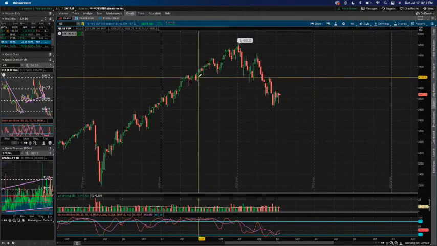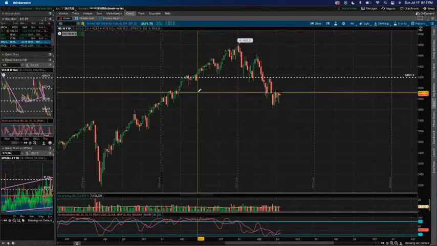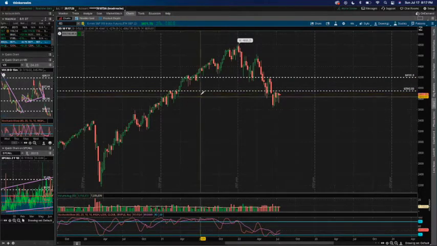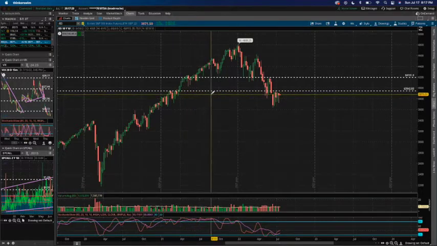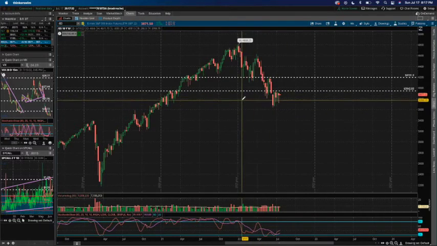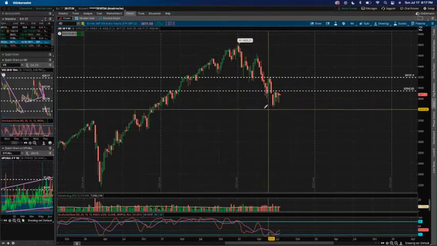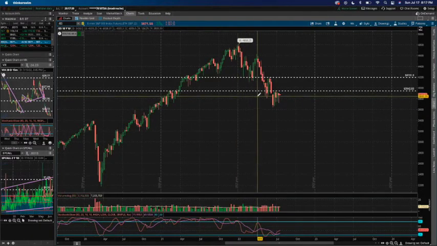So if I just draw a few levels here, when you want to get into a trade, what you're looking for is you want to get in at these levels because they have some sort of significance. So you want to use that to your advantage and not just get into the stock at a random point. You want to get in at the best possible price so you can maximize your gains and minimize your losses,